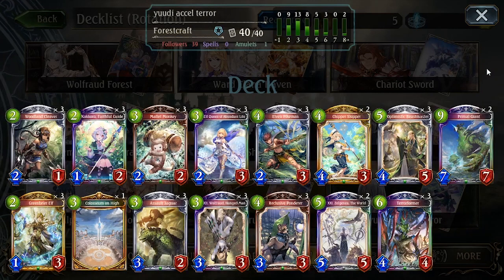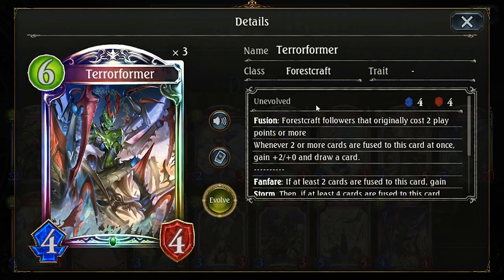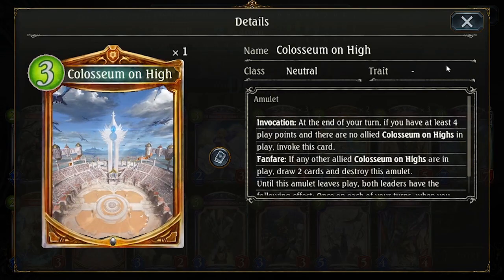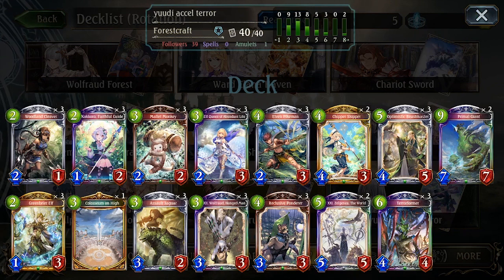Hey guys, Fuchsia here. So today I'm going to feature a deck that has been terrorizing, no pun intended, the ladder recently, especially for me, because I've lost to this deck so many times that I just decided to play it myself. So basically the deck is to use Terrorformer every turn so that it can OTK them at turn 6 with Coliseum on high, or just kill them anyways, like literally